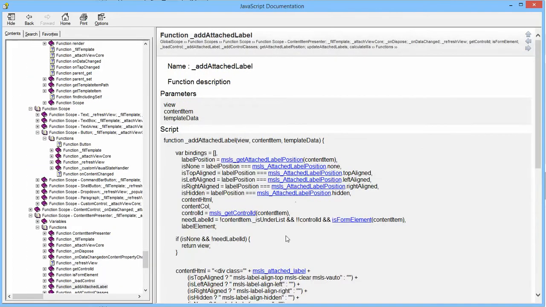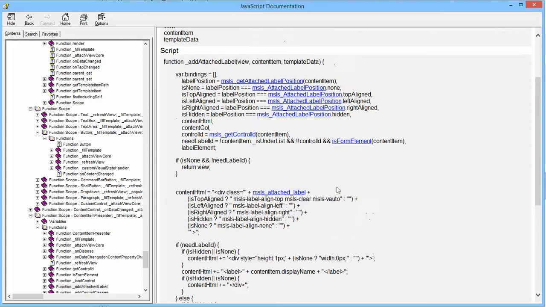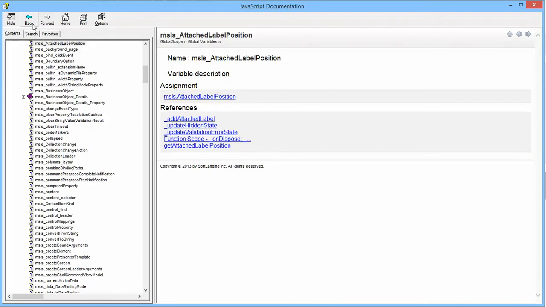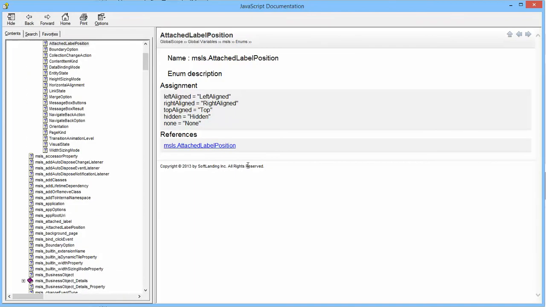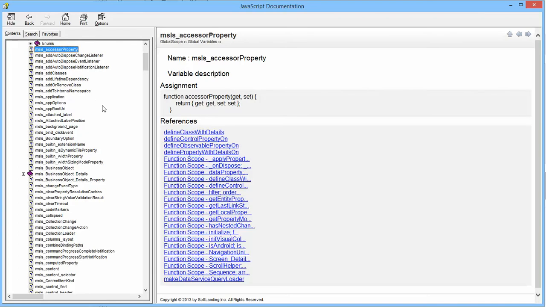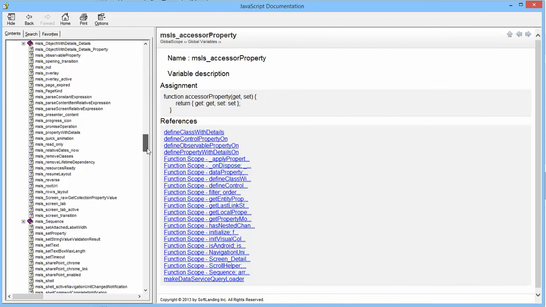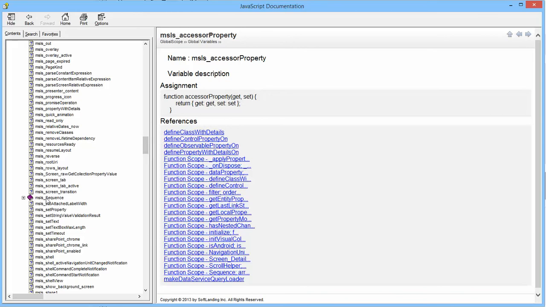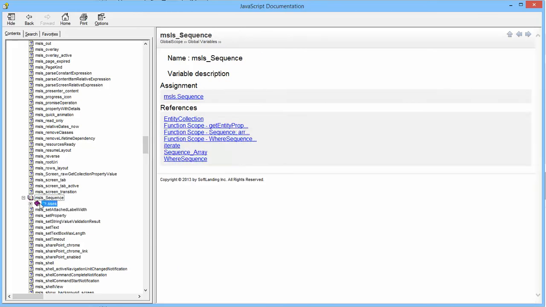Now you can see that I can go in here and I can see somewhere in here I will find, there it is right there, that the label position is defined through this mechanism here. So there's quite a bit of an audit trail or tracing capability that you get when you look at this documentation. So these are just additional variables, quite a few global variables, and then some variables have different